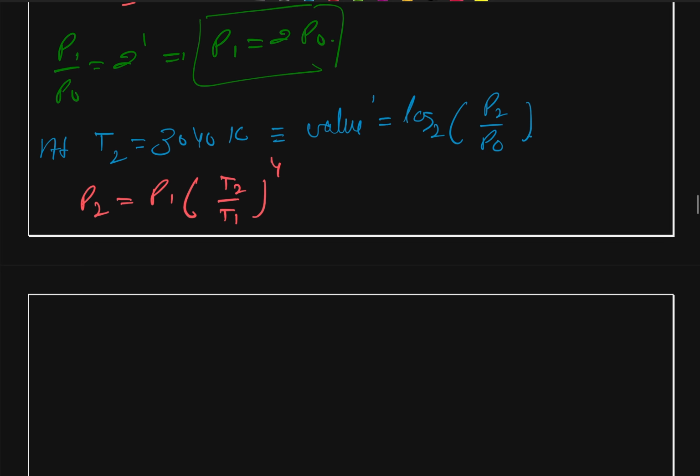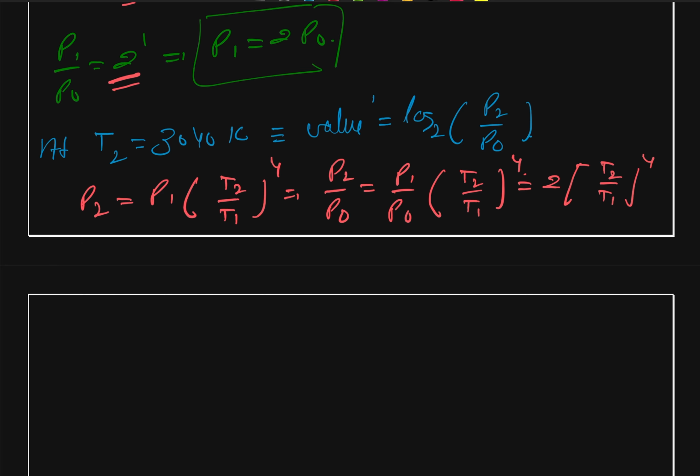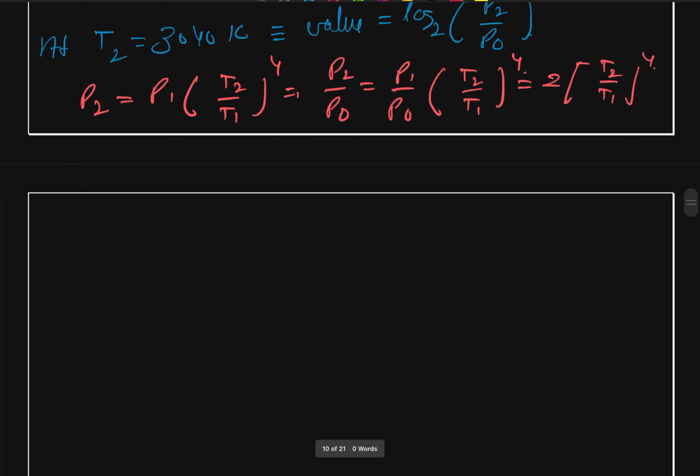And therefore, if we divide both sides by P0, we get P2 upon P0 is equal to P1 upon P0 times (T2 upon T1) whole raised to power 4. And P1 upon P0 we know is equal to 2. So this comes as 2 times (T2 upon T1) whole raised to power 4. Therefore, we can write our value prime